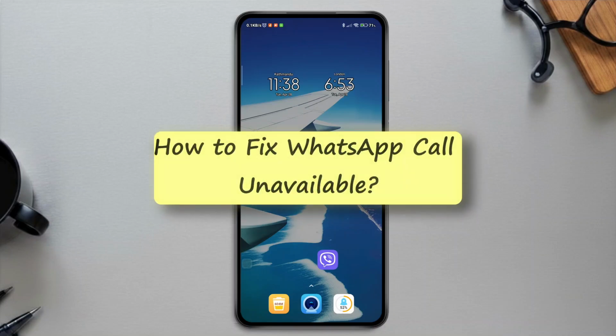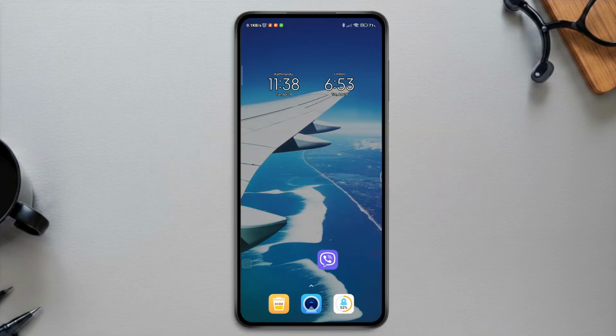How to fix WhatsApp call unavailable. Hey everyone, in this quick tutorial, I'll show you how to fix WhatsApp calling issues and resolve the call unavailable